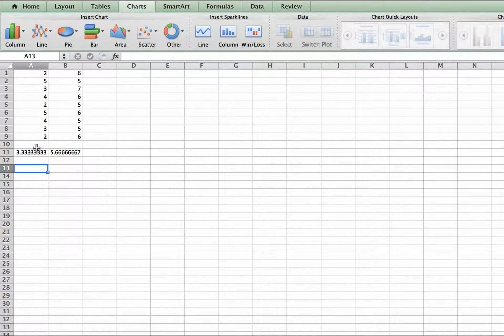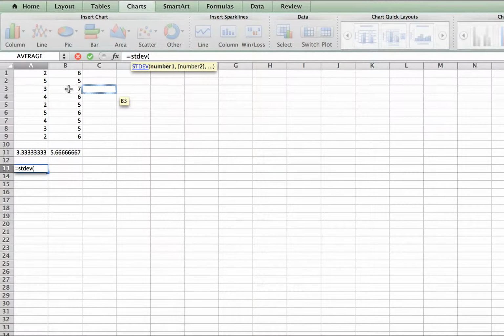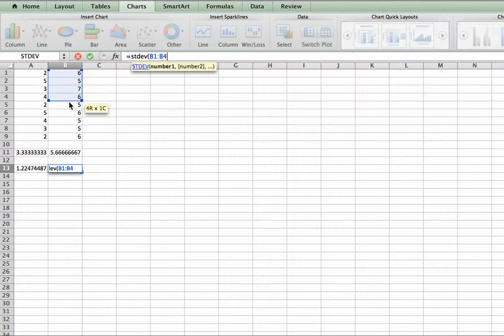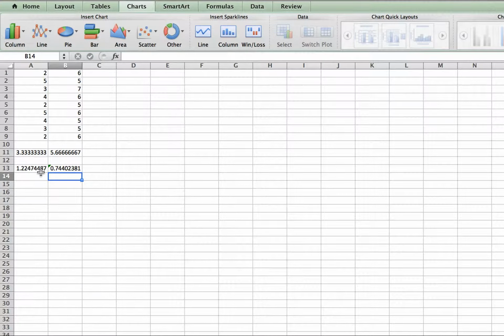How far do the values deviate? Okay, and so very much the same as I did average, I'm going to go up here, and it's kind of important you keep it in the same column, and you'll see why. Equals STDEV, and once again, highlight the data, close parentheses, and enter. Here, same thing, equals STDEV, parentheses, highlight your data, close parentheses, enter. And so now you have two,